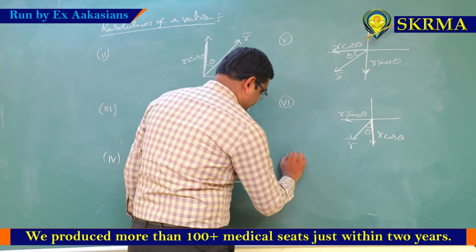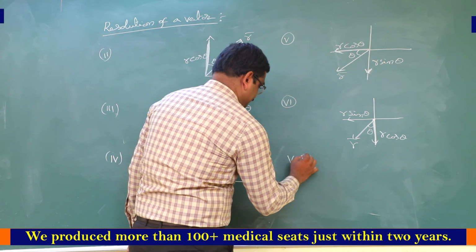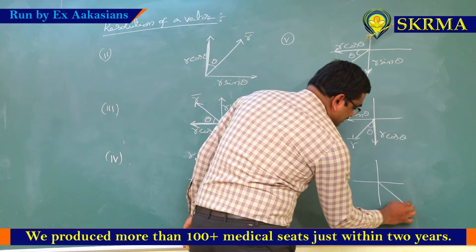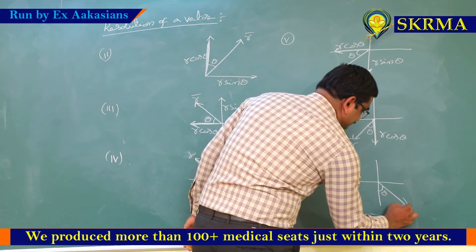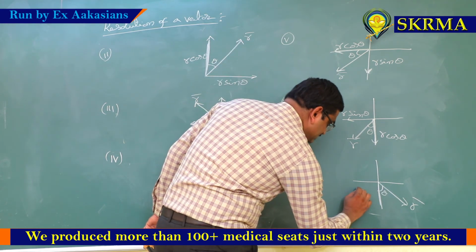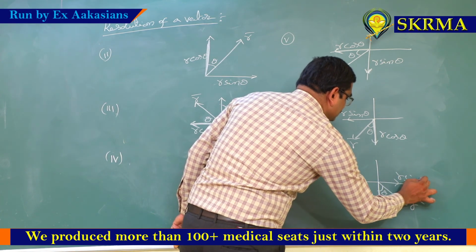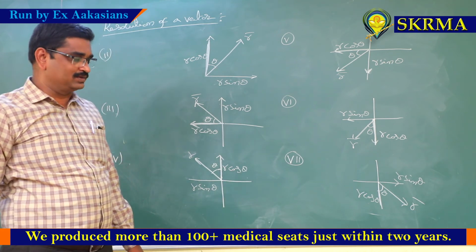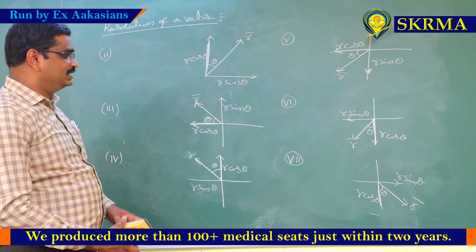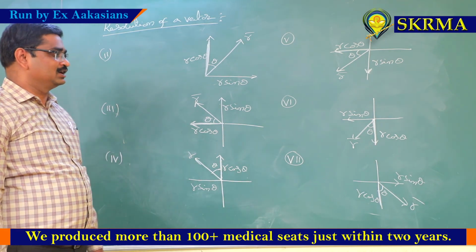Next, the last case. If the same position vector is making an angle theta here, then for theta, the adjacent side is this one. So this is r cos theta, this is r sin theta. So the adjacent side is always the cos theta term only. That is the common point among all these diagrams. What is the common point? The adjacent side of theta is always the cos theta term.